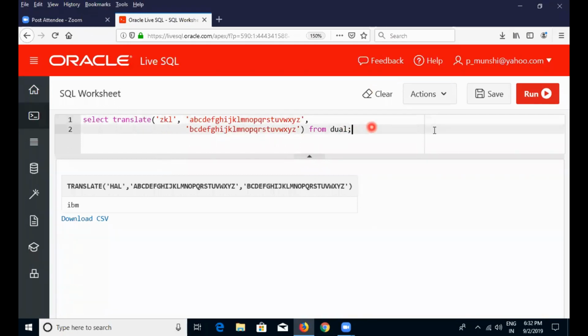I will execute this. I will execute this, and you see that just as per our hypothesis, there is elimination of Z from the output and there is LM. So we say that K will be replaced with L and L will be replaced with M, and that is exactly what is happening over here. Now,